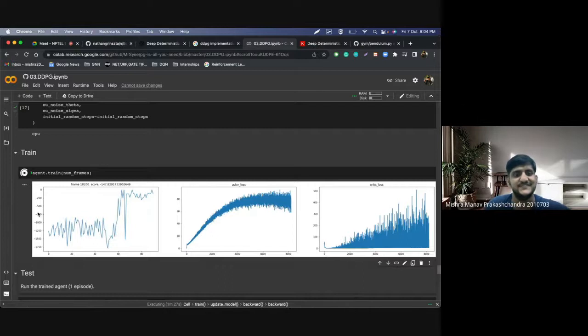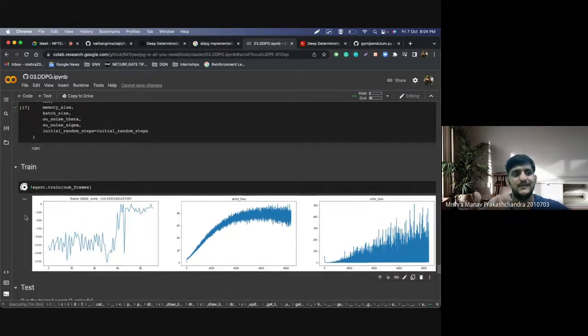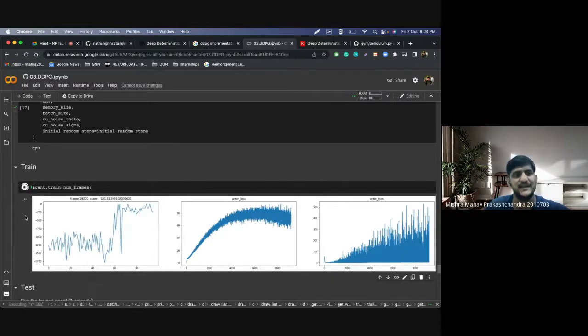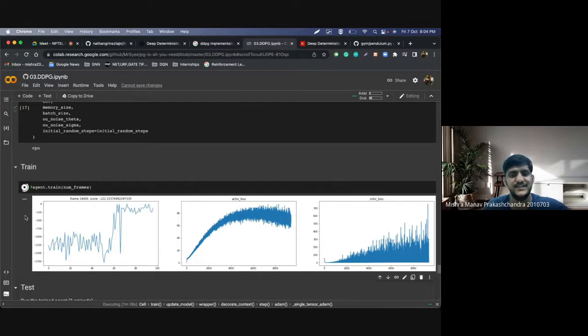So that's why the variance is there, because we are still chasing a non-stationary target.